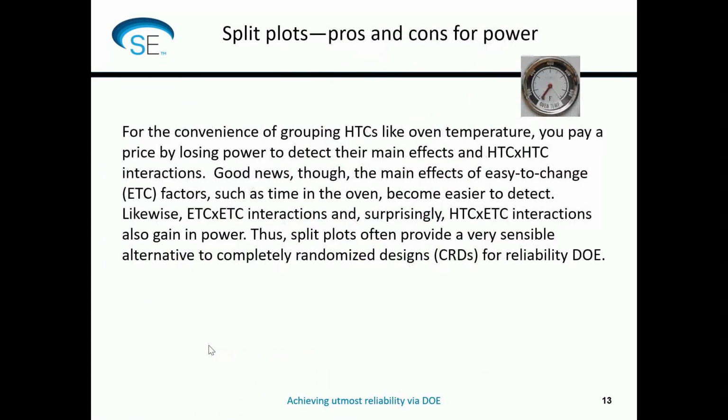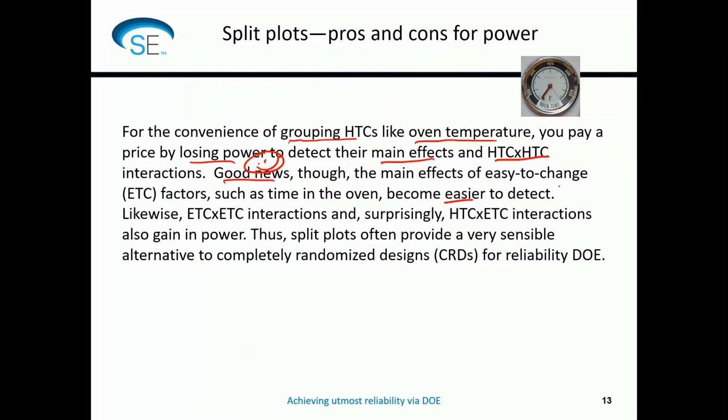So what we have to be careful about here is that although it would always be convenient to group certain factors, always there's some that are harder to change. Don't do it unless it's almost impossible to randomize. Things like oven temperature, because you're going to pay a price by losing power to detect the main effects of these hard to change factors. And the interactions within the hard to change, if you have more than one hard to change, also will lose power. But the good news is that the main effects of easy to change factors